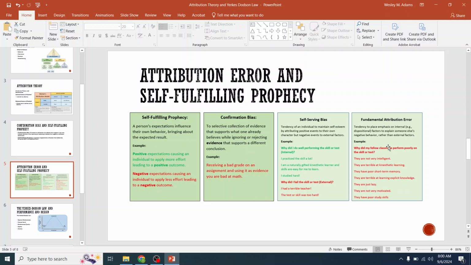So if some of your group members are struggling and it looks like they're not putting forth effort or they don't have a natural ability for the subject matter, it may not be something internal. It could truly be external. So having a conversation and trying to get to the root of the problem can help you avoid fundamental attribution error. So what I typically do if I see a student struggling, I try to always, and I fail at this sometimes.